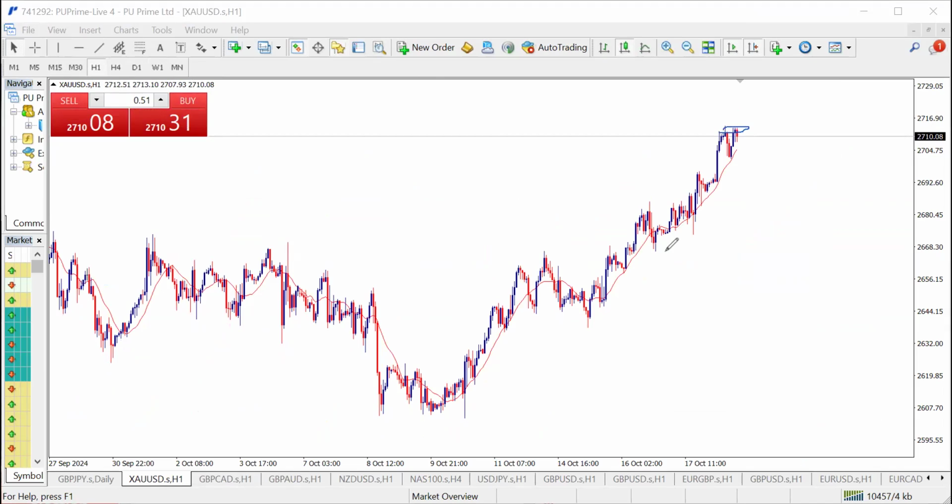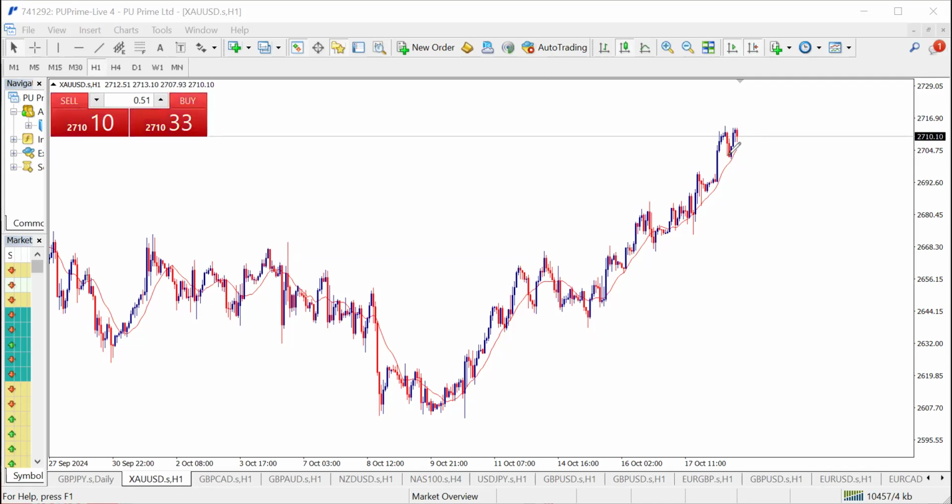Take a look at this. Gold is one currency that tends to respect either double top or double bottom. Take a look at this double top right here. See how hard it fell. Take a look at this double bottom right here and see how hard it rose. So gold respects double tops and double bottoms a lot. So I'm spotting a double top right here, which is indicating that we tend to get a little retracement, which can lead to a reversal from this point right here.